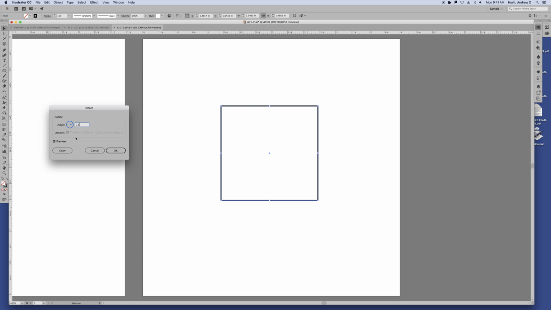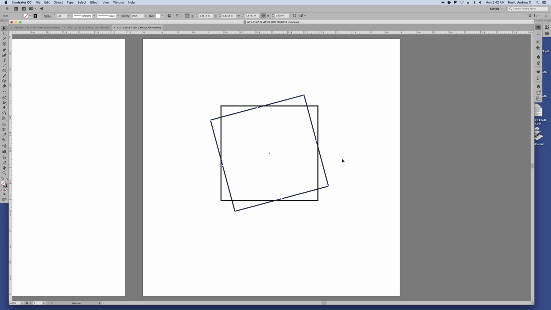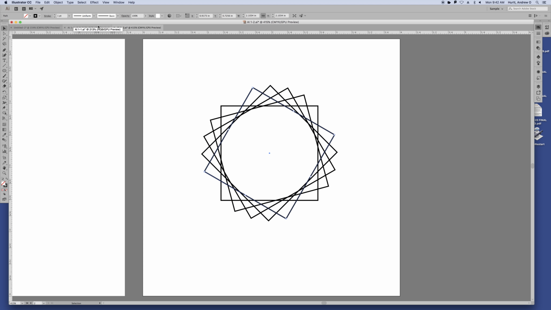And I'm going to tab through, and it's going to show us that preview of what it's going to look like. And instead of hitting OK, I'm going to hit copy. And now we get this second square copied at 15 degrees. And then Command D. Oops, I didn't mean to do it that many times. Command D, however many times I just did it, and it'll kind of give you this cool-ish kind of illustration. So using that transform again option for making transformations comes in super, super handy. And also for our next assignment,